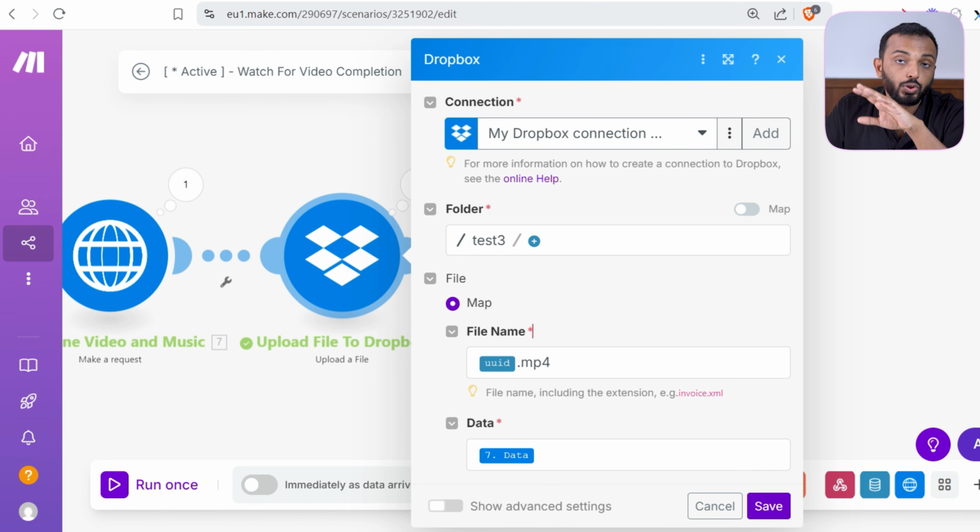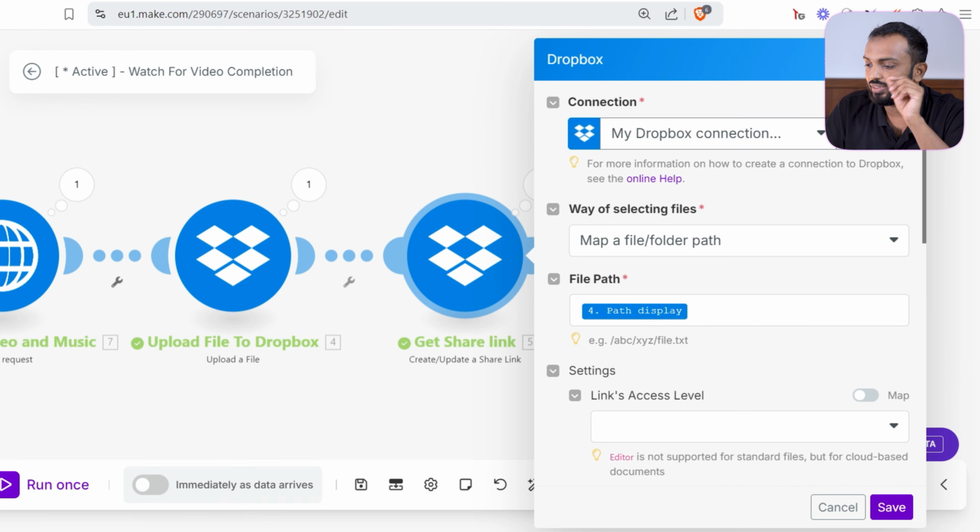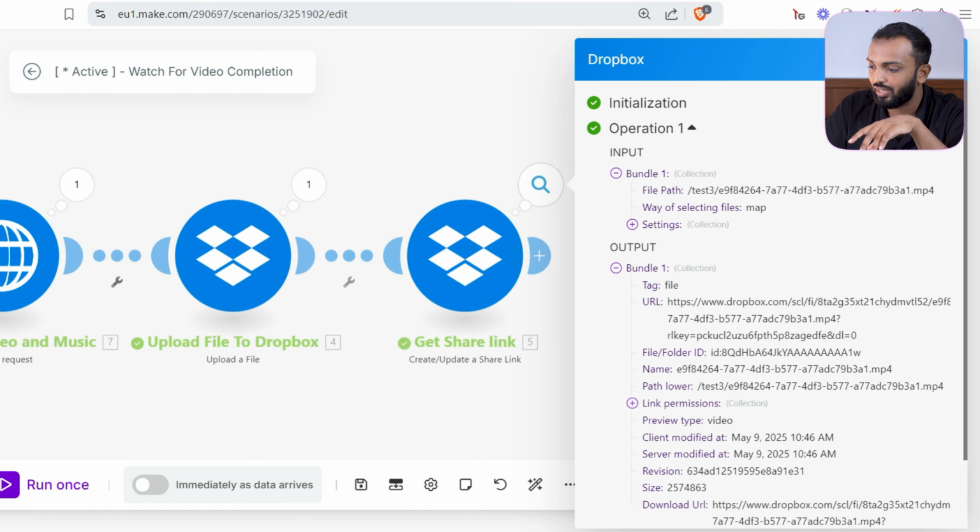I mean the extension should be .mp4. So just give it, and then finally I'm just generating a share link to view or to get the link from here itself from the scenario. So I'll get the link and I can just visualize it easily from the browser instead of going to Dropbox